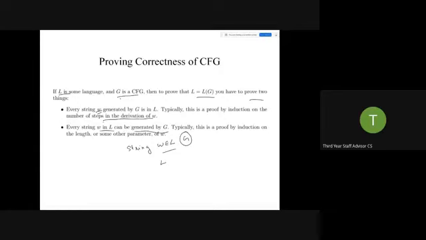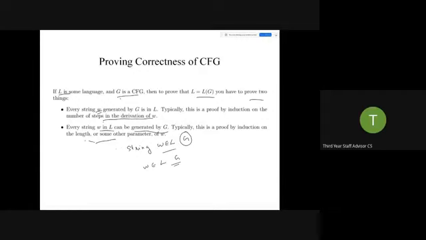എല്ലാ സ്ട്രിങ്ങും, അതായത് W-വിൽ ബിലോങ് ചെയ്തിട്ടുള്ള എല്ലാ സ്ട്രിങ്ങും, G എന്ന് പറയുന്ന കോണ്ടെക്സ്റ്റ് ഫ്രീ ഗ്രാമർ യൂസ് ചെയ്തിട്ട് നമുക്ക് ജനറേറ്റ് ചെയ്യാൻ പറ്റും. ഓക്കെ, ഇത് ഒരു പ്രൂഫ് ബൈ ഇൻഡക്ഷൻ ഓൺ ദ ലെങ്ത് ആണ്. നമ്മൾ പമ്പിംഗ് ലെമ്മ പഠിച്ചപ്പോൾ ലെങ്ത് പമ്പ് ചെയ്ത് നോക്കിയിട്ട് അത് ഒരു ലാംഗ്വേജിൽ ബിലോങ്സ് ആണോ എന്ന്